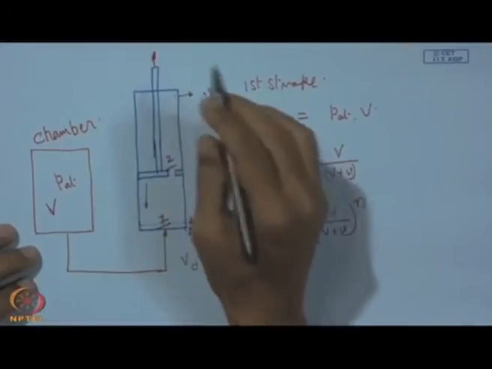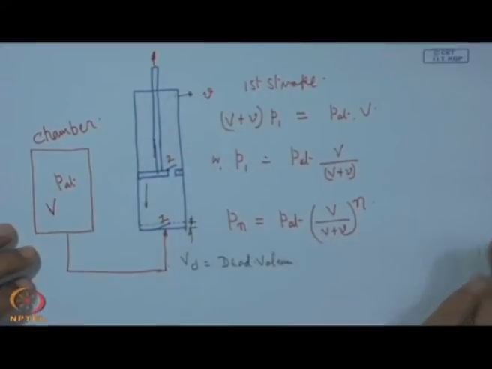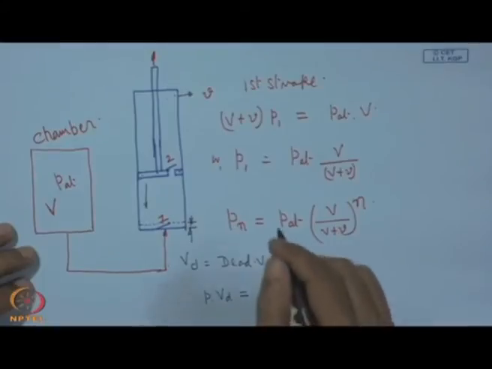So, this will escape through this valve. However, we can also have another equation, that means P into Vd, that will be given by this,